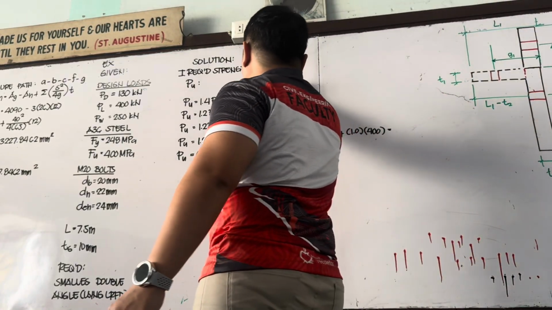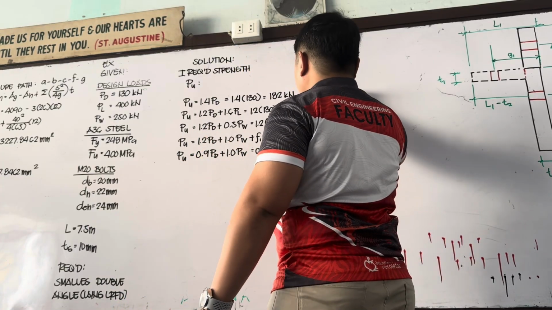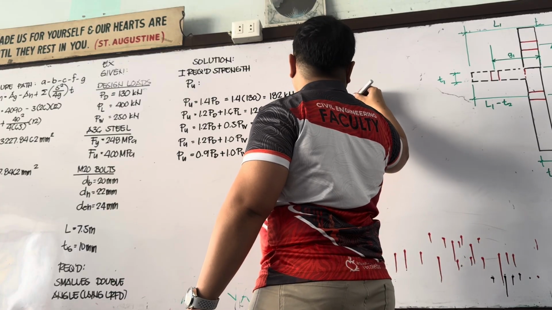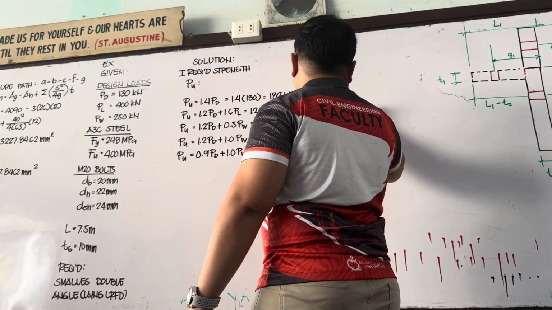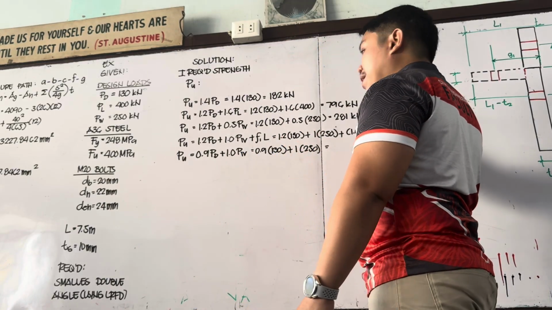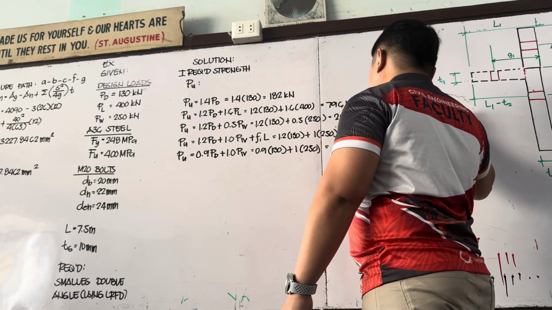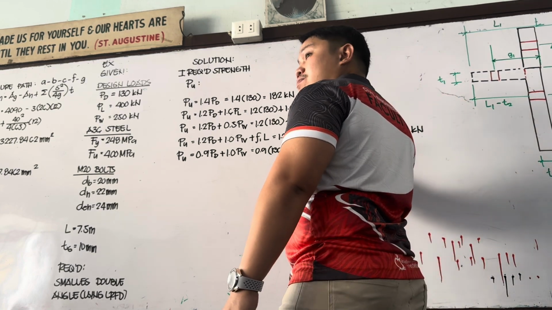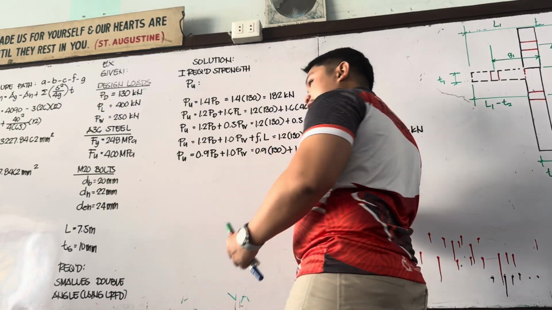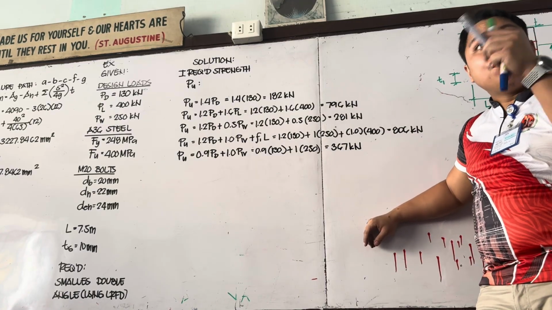Ang una is 182 kilonewton. Kadua, 796 kilonewton. Ari, 281 kilonewton. Kila? 806 kilonewton. Ari, 367. Ari, trivia. If ang inyong nature sang loads are only dead load and live load lang, meaning anong pwede